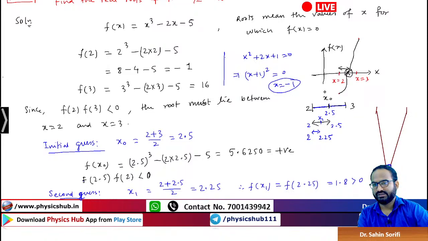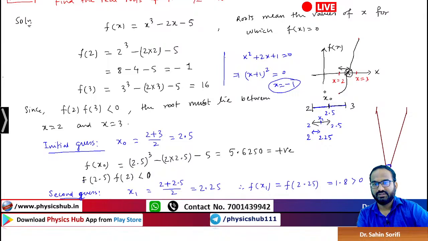If the product of the function values at the two points is negative, take that interval, divide further, and repeat the process. You just write a program, and the computer can do much more iteration than you. If you do, let's say, 5 to 10 iterations, you will get tired,